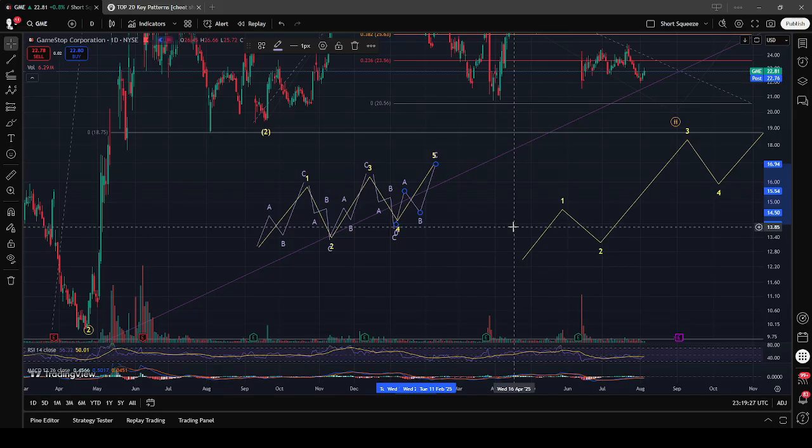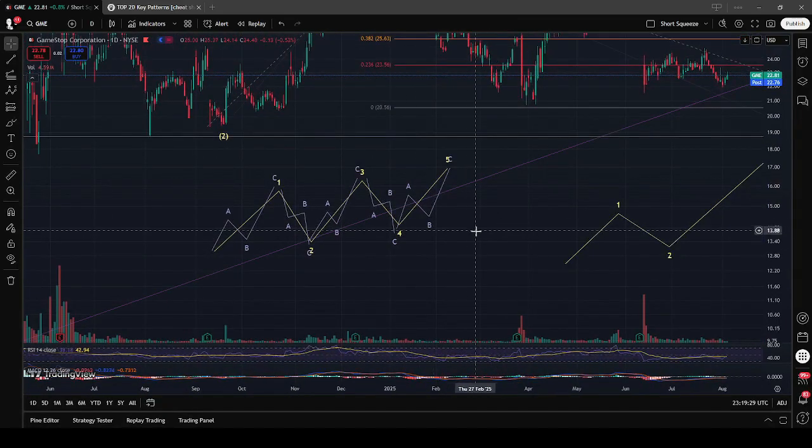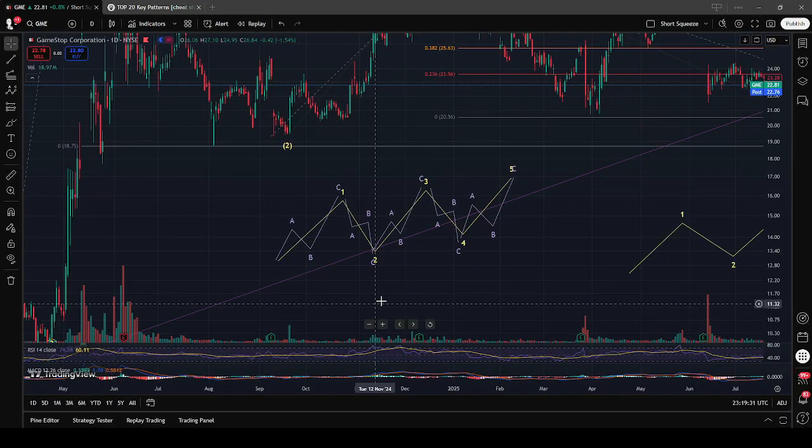It doesn't necessarily have to be counted as an ABC, but it would move in waves of 3. That is what